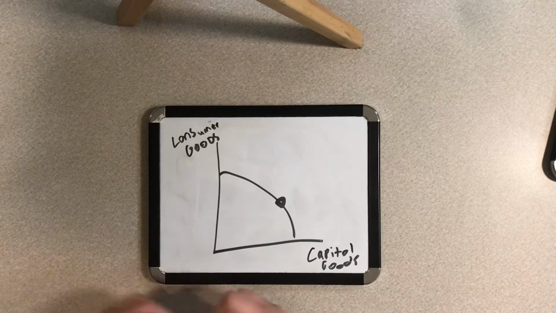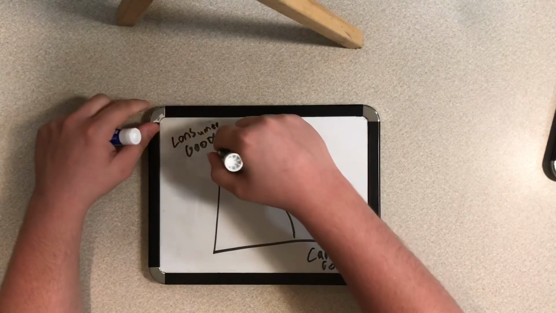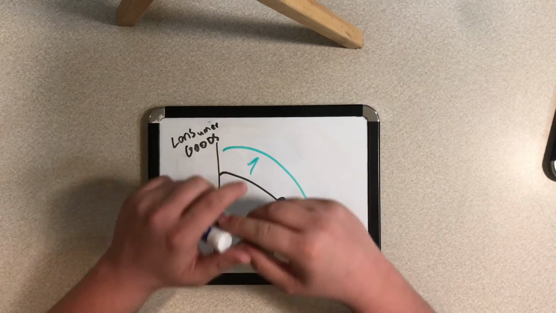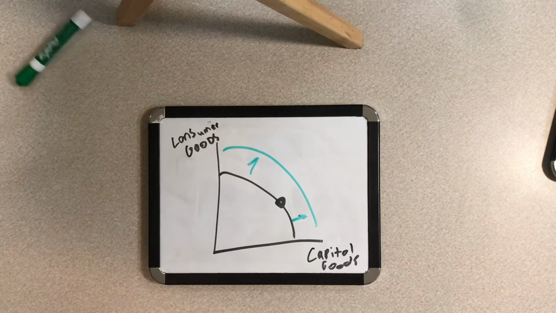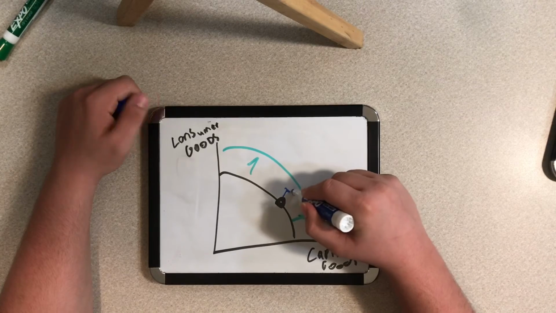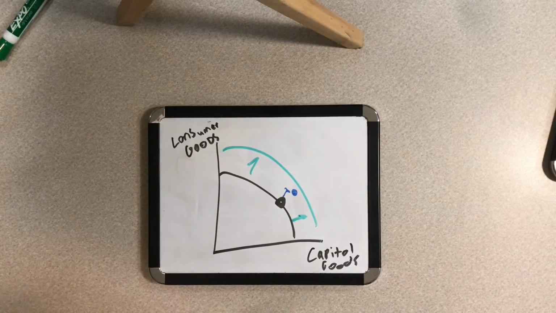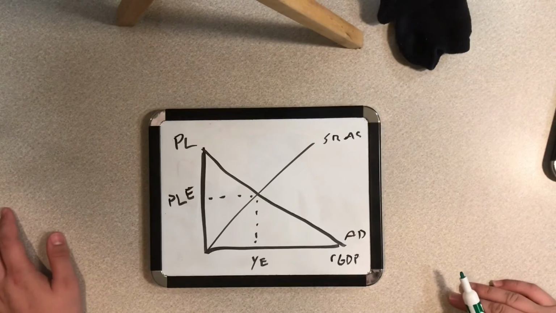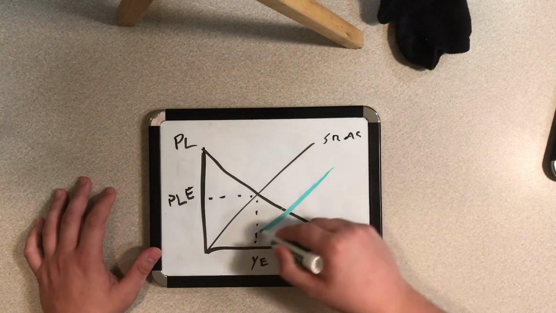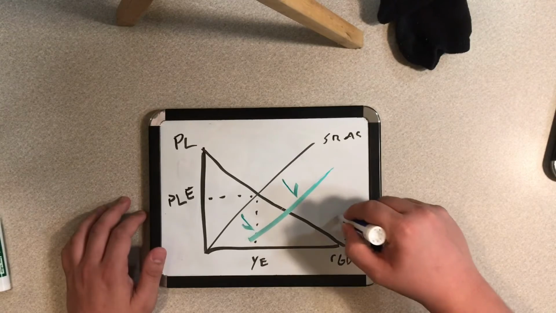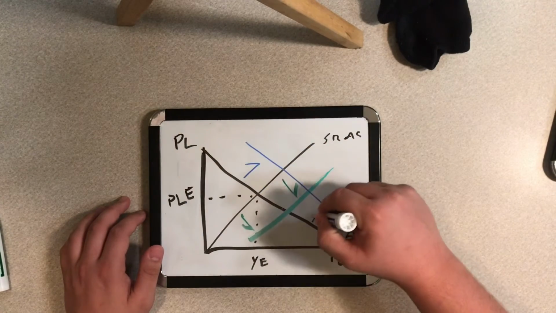The potential growth, which is shown as an increase in the curve like this, for the production possibilities curve, is how much something can increase. The actual growth, which is an increase of a point, like this, is how much the thing actually increased. On the aggregate supply, aggregate demand graph, economic growth would either look like an increase in short-run aggregate supply, like this, or aggregate demand, like that.